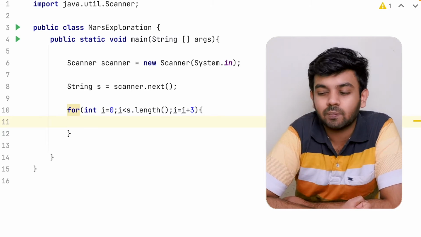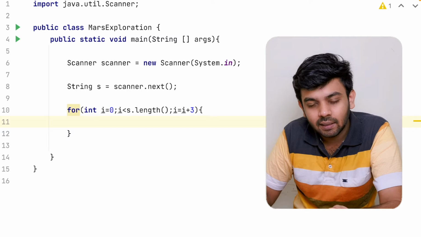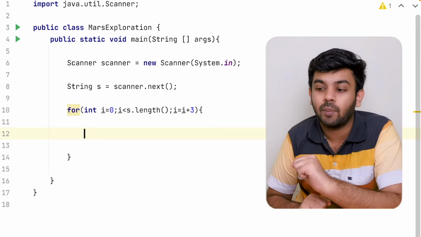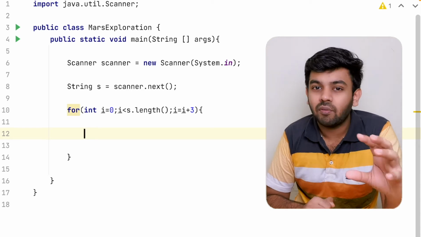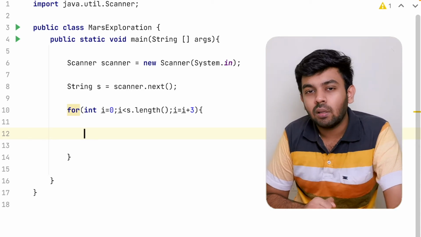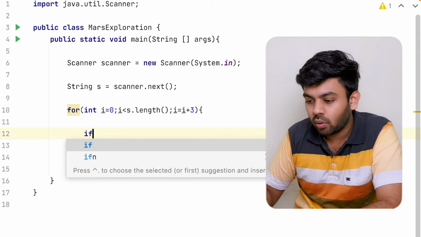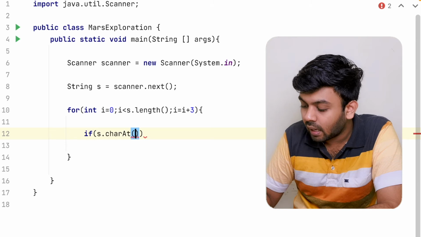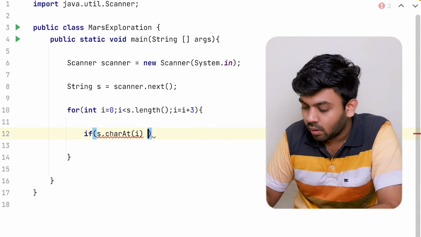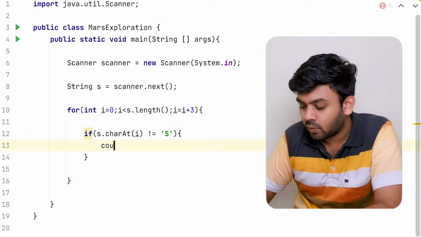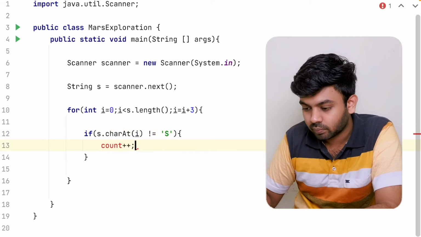Hope you understood that. Now inside this, you are just going to check if the segment is actually a valid segment. So what exactly is that? The first character should be S, the second character should be O, and the third character should also be S. So if s.charAt(i) is not equal to S, then I'm going to increment the value of count.